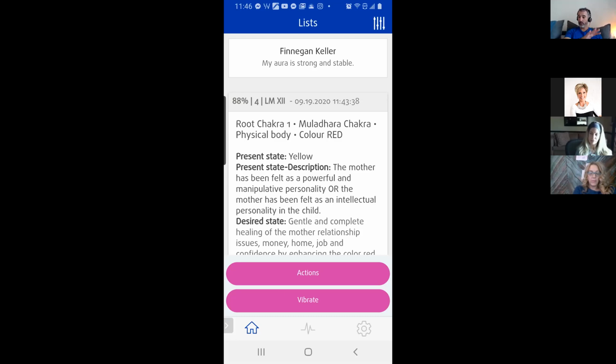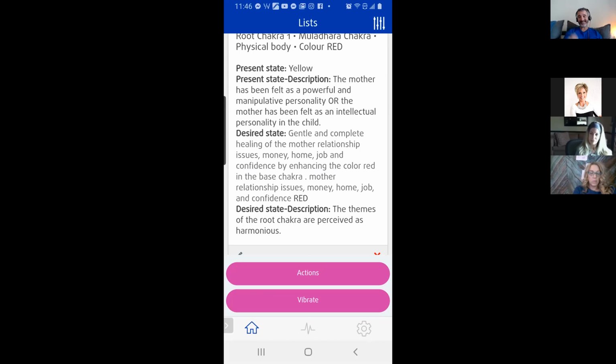Number one, in the aura's chakra analysis, that came right up: the issue with your mother, how you receive her as being controlling and manipulative and strong-willed. Like, you need to work on this. So what this does is give you an insight on what you can do. Sometimes just the scan itself, you can change your attitude. Changing attitude and changing perspective, hands down, is the most powerful thing you can do energetically.